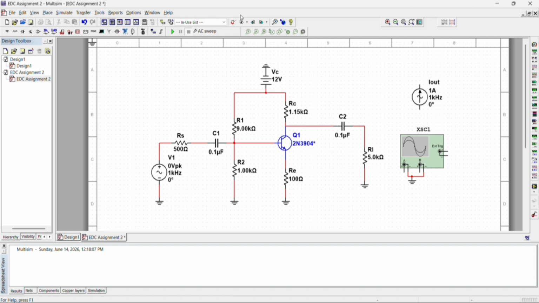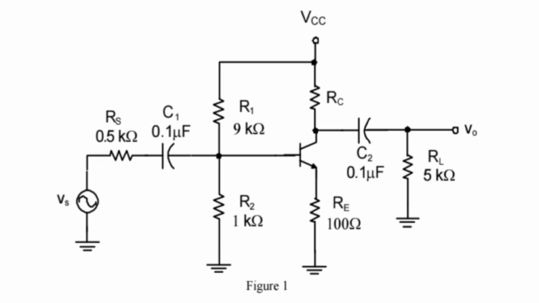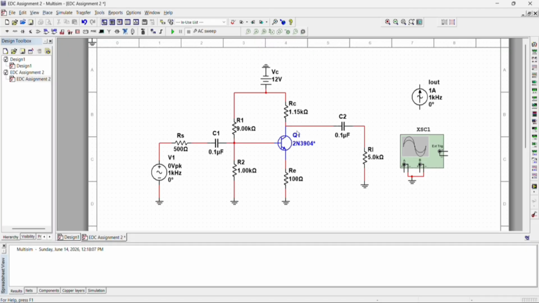Today, we are going to talk about our electronic device and circuit group assignment 2. The topic is about BJT as amplifier. As you can see, this is our circuit from the group assignment instruction, from figure 1. In this video, we are talking about how we use Multisim to get the input impedance, output impedance, gain, and